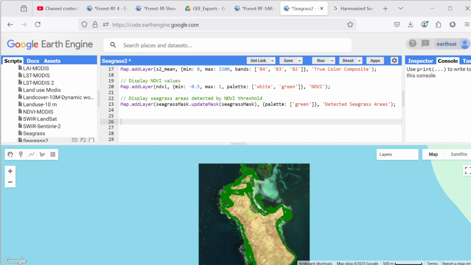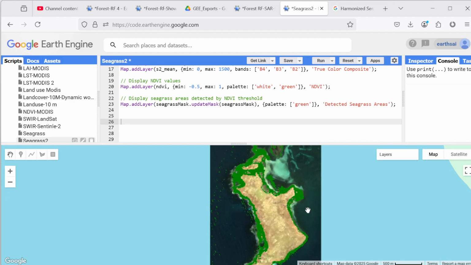Another application is marine habitat. Seagrass beds provide shelter and breeding grounds for numerous marine species, including fish, crustaceans, and invertebrates. The health of a seagrass bed is directly related to the productivity of the marine ecosystem. Another application is coastal protection. Seagrasses help stabilize sediment and prevent coastal erosion. By monitoring seagrass health, we can assess their effectiveness in protecting shorelines. By leveraging Sentinel-2 imagery and Google Earth Engine, you can use this code in any area of interest with any